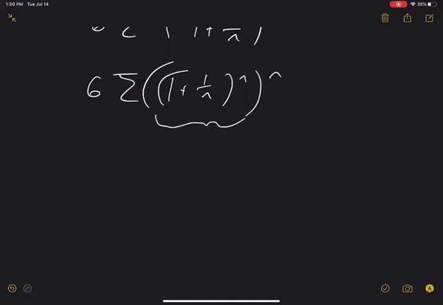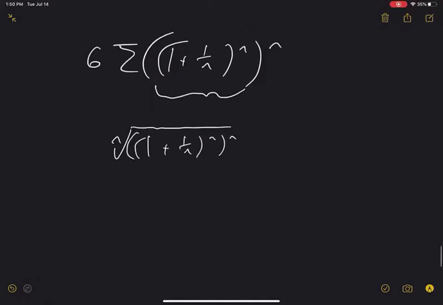I do the nth root of the absolute value of a_n, where my a_n would be this whole thing. So I do the nth root. This nth root is going to cancel with the outer n, and I'm left with